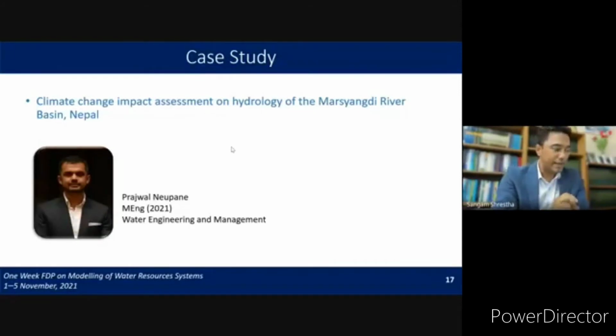And also this river basin is a very important river basin in Nepal because it has a lot of existing hydropower projects. And also there are a few hydropower projects under planning. And the third reason is I have been to this river basin many times, so I'm very familiar with the river network, the land use and land cover conditions, and also the hydropower projects located inside this basin. So this is the reason why I have presented this case study here.